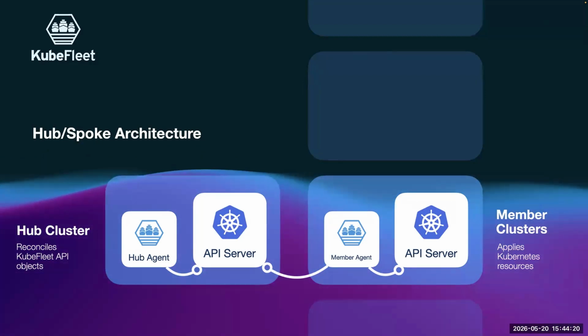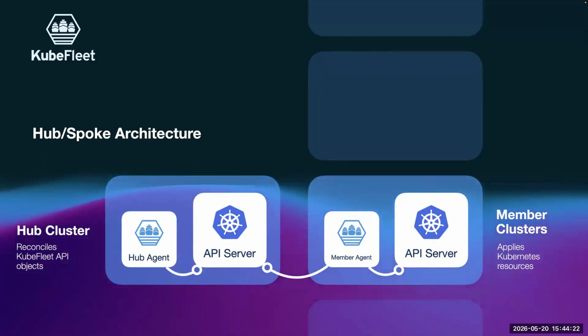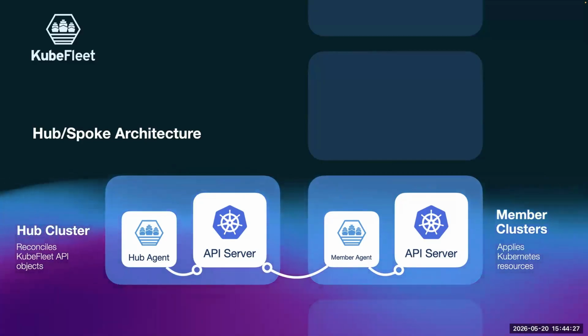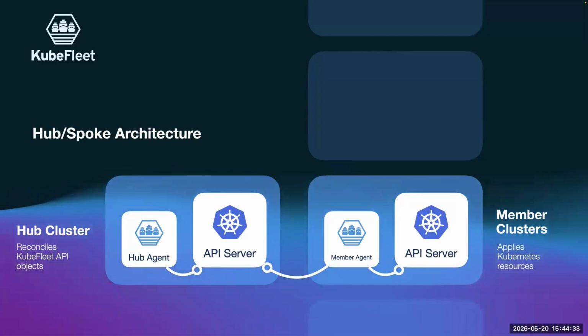On the hub cluster, we run a special deployment called KubeFleet Hub Agent, which reconciles all kinds of KubeFleet API objects. The hub cluster essentially serves as a portal for management, kind of like a focus point where you can view all the member clusters and